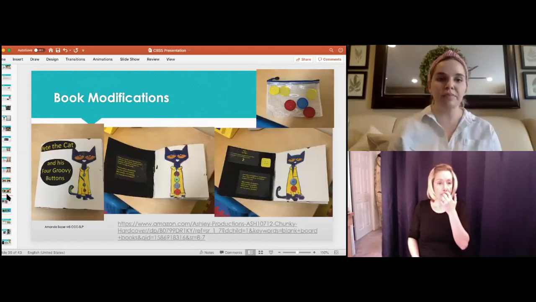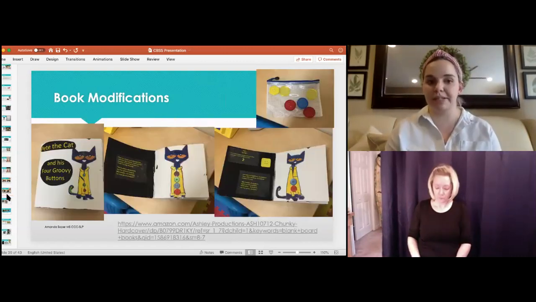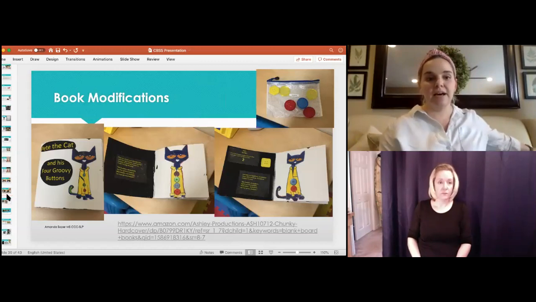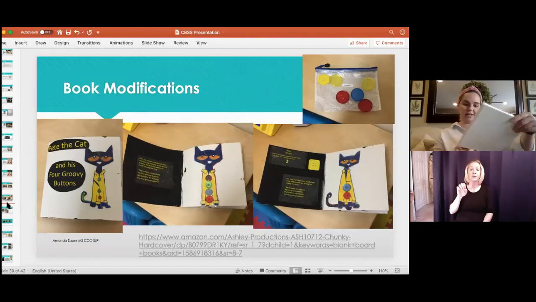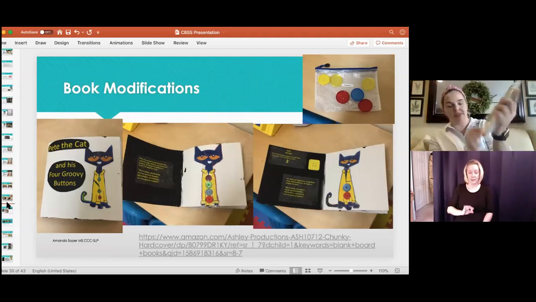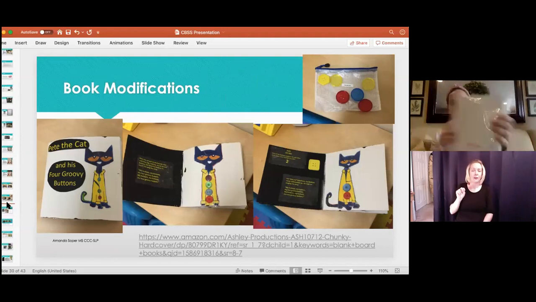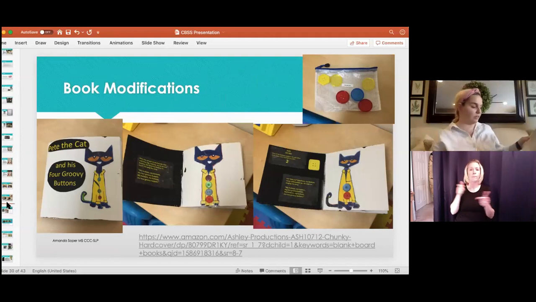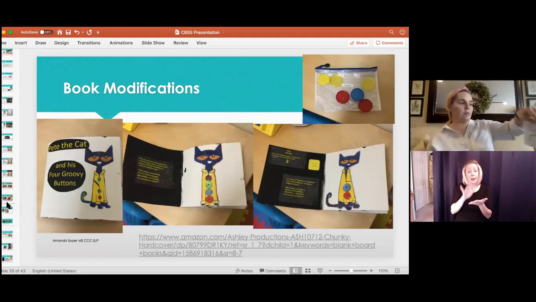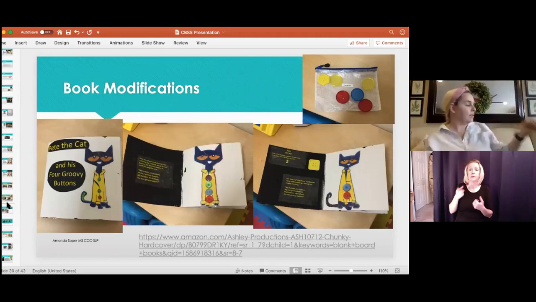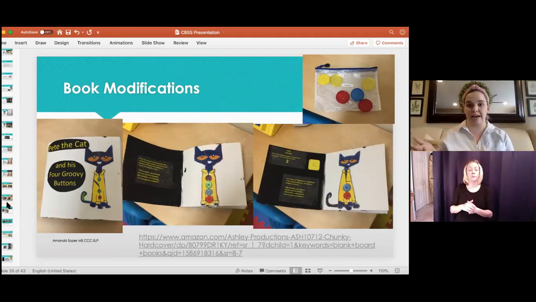And then another one we did was Pete the Cat, Four Groovy Buttons. I have found that at Target and on Amazon, they have giant blank books. This was in the Target dollar spot. I got five or eight of them for $3. They sell board book ones on Amazon. So for some books, I have not used the actual book. We've taken a board book or a blank book, and then I will just use the pictures and maybe add